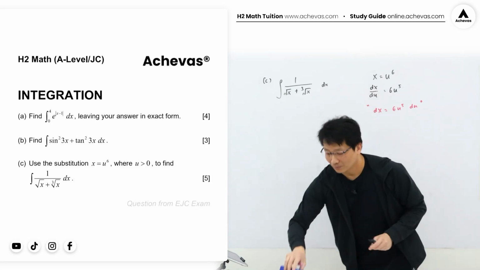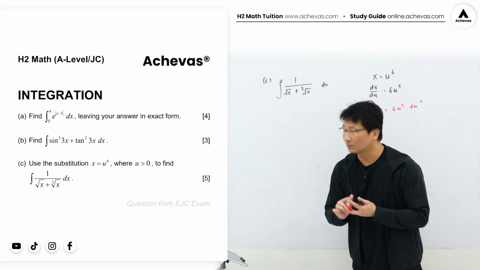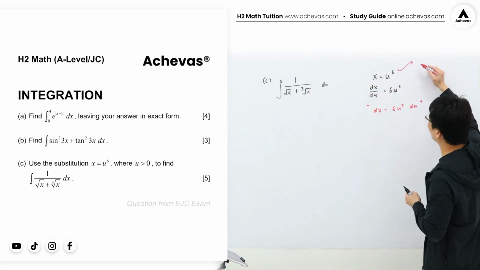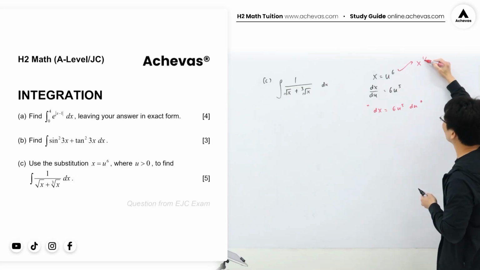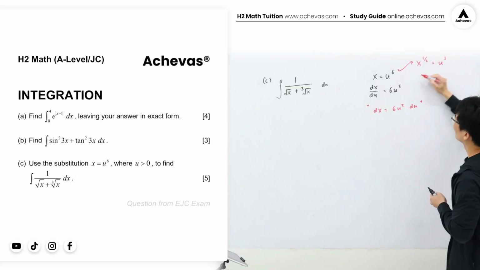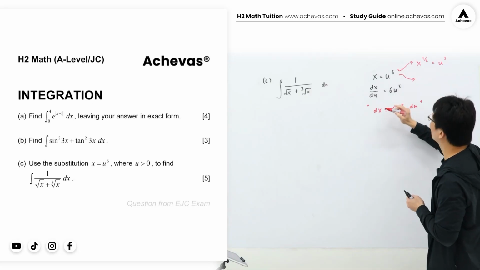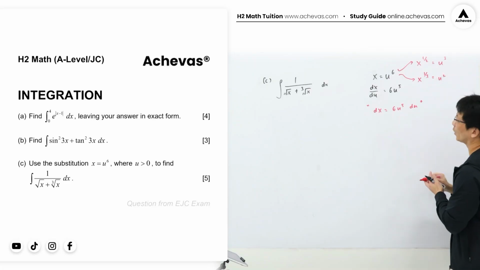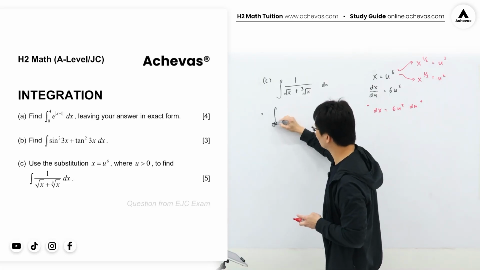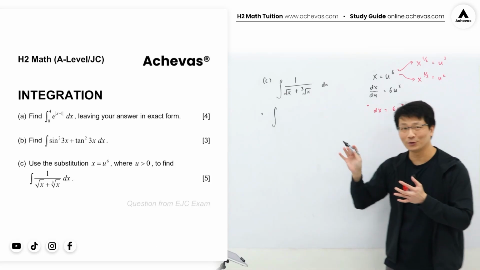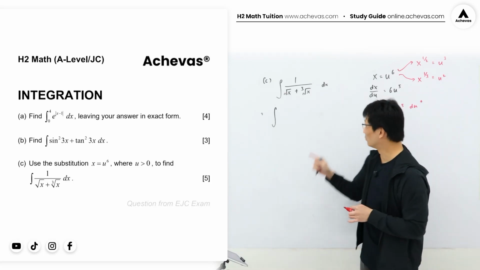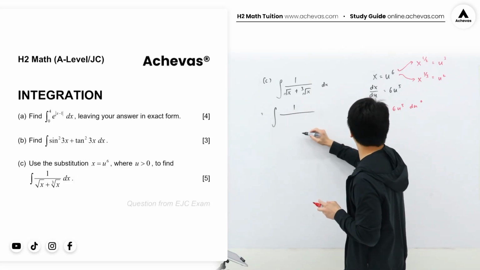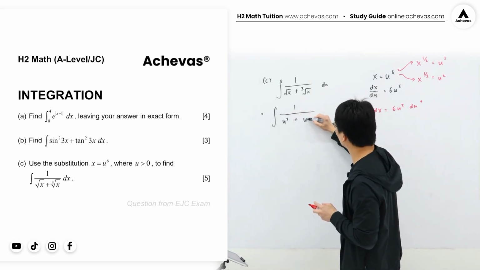As for our square root of x and the cube root of x, for this part here, we are going to raise both sides to the power of half. So we have x to the power of half, and this is u to the power of 3. For the cube root of x, we are going to raise both sides to the power of 1/3. So we have x to the power of 1/3 equal to u squared. So now we can start to do our replacement already. By the way, after we do the replacement, we can just erase this because it's written in pencil. So now we do the replacement: 1 over u cubed plus u squared,